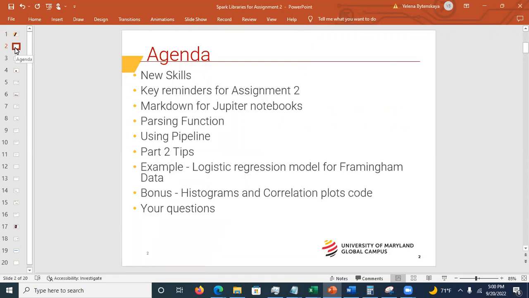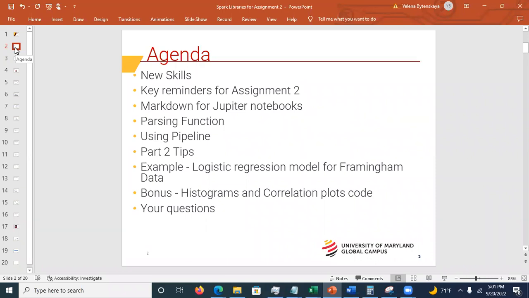We are going to talk about how we are evolving in the course of big data and what the new skills are. This is a very interesting topic, which I'm just going to start, and it would be great if, until the end of the course, you find a place in the classroom discussion forum to discuss this, because this is very important. This is to discuss not only the topic we are studying, but also the skills which are needed for the data scientist. And then some key reminders for assignment number 2 to keep very important stuff in mind